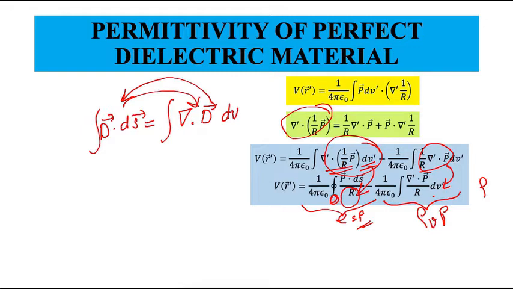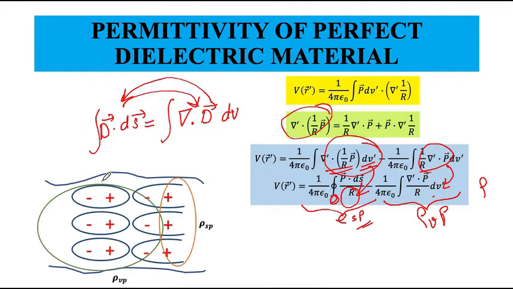Well, to do that, go back to the dielectric. Let us say this is the dielectric boundary, and because of the applied external electric field, there are dipoles, and there are so many in number, but I am just considering 5 or 6 of them. But you have to assume that there are lots of these dipoles. So I have a dipole here, I have a dipole here, and then I have dipoles at the boundaries.